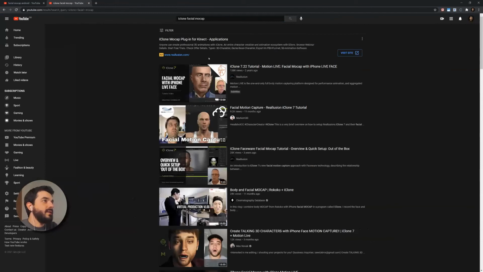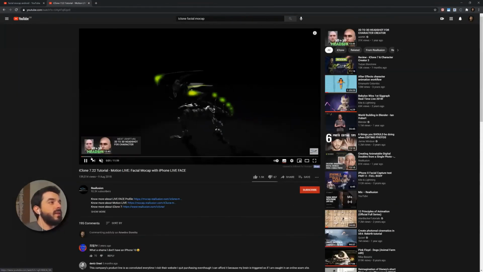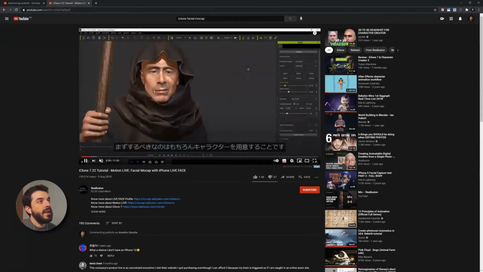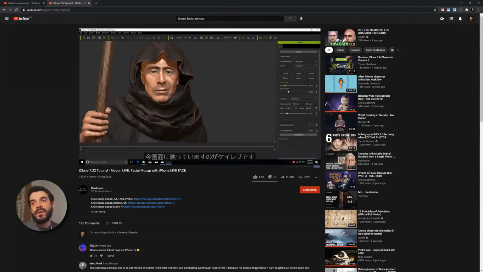And iClone lets you, there you go. iClone lets you interface your phone with a software. And as you talk, it's capable of getting this mockup out for you. So I would probably go down this route if I had to rebuild a mockup